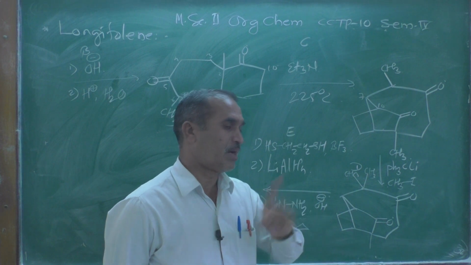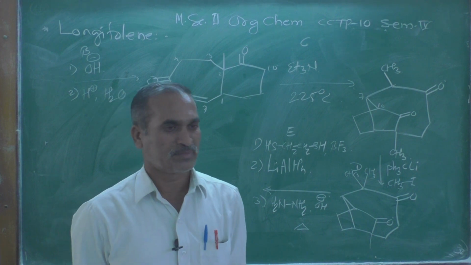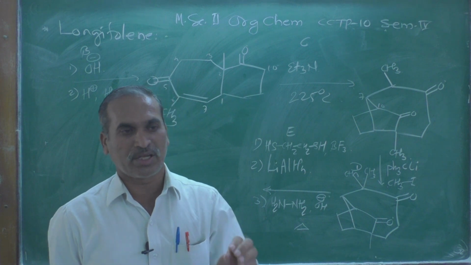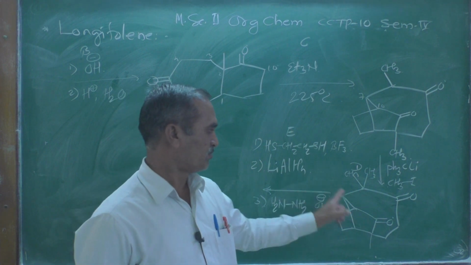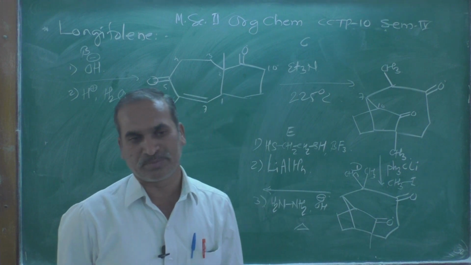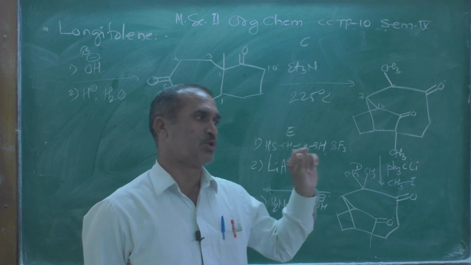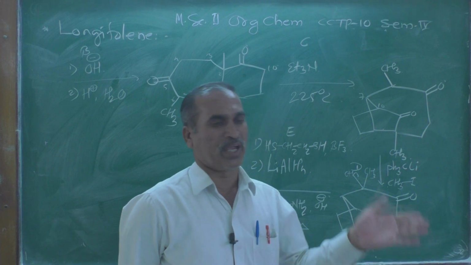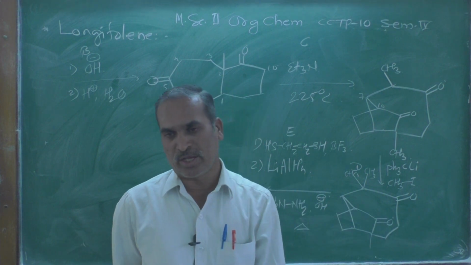Now after that we are adding lithium aluminum hydride, and everybody knows that lithium aluminum hydride is a strong reducing reagent which will reduce. See, the functional group is this one, a carbonyl group. This carbonyl group gets reduced by lithium aluminum hydride, and the carbonyl group gets converted into a secondary alcohol over here,